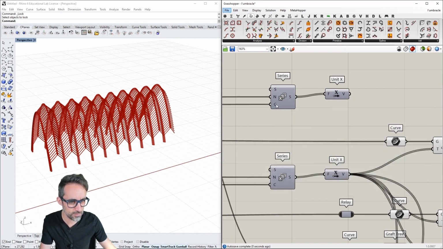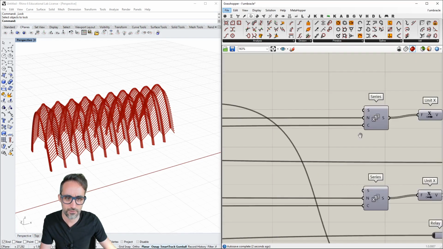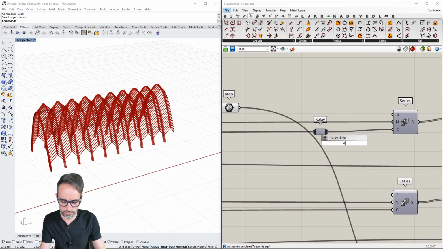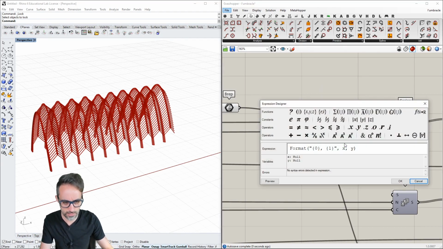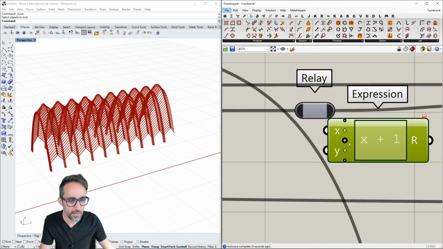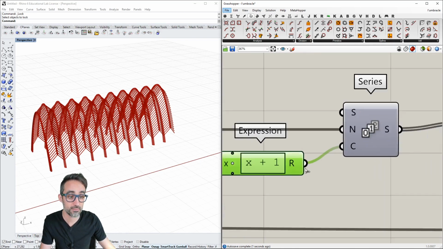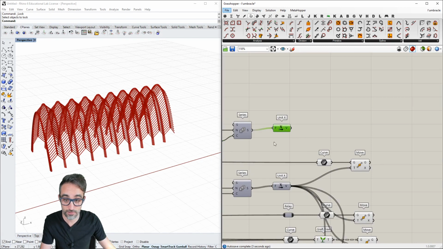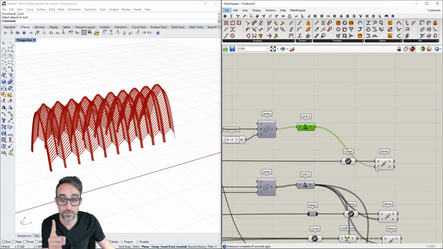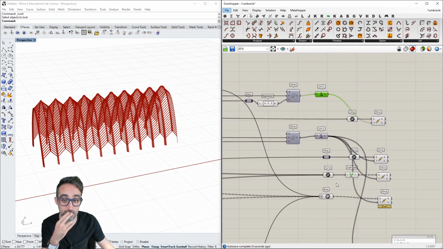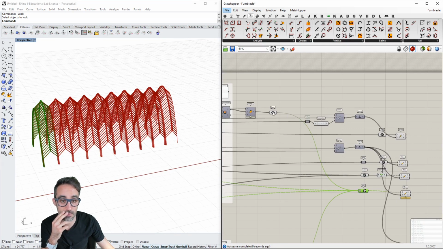I don't like creating expressions in components, so maybe I'm just going to replace this here and then create an expression where I say this is going to be x plus 1. So I'm going to increase by 1 value, and that creates a list of vectors that is 1 unit longer, and that's the one that I'm going to use so that I have an extra element at the very end. And I'm going to use that one also for the B-rep that is coming from here,